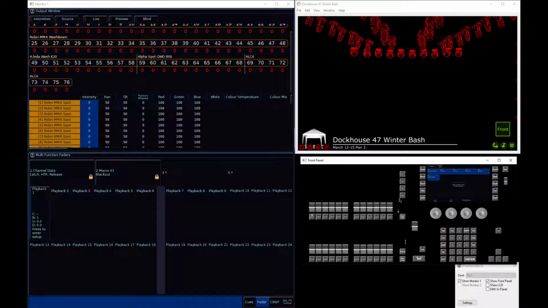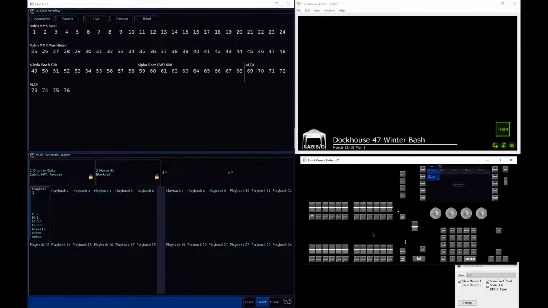Let's do another example. And this time we'll do a keys example. Now, another really useful use of macros is to automatically do things on the console for us as we run through our cues. Now, we've looked at how we can trigger macros from our UDKs. We can also trigger macros from our cues. And of course, macros are a brilliant way of being lazy. And so let's say, for example,